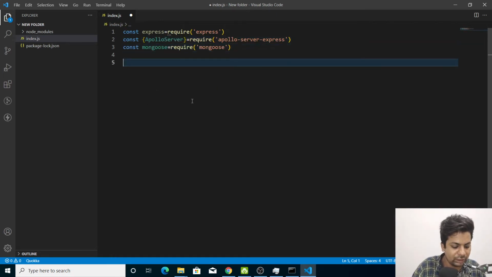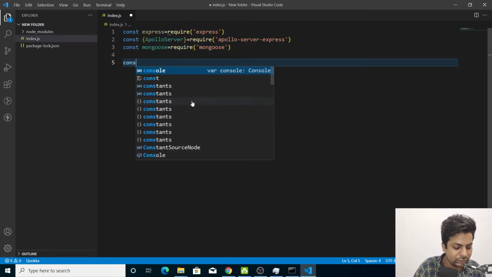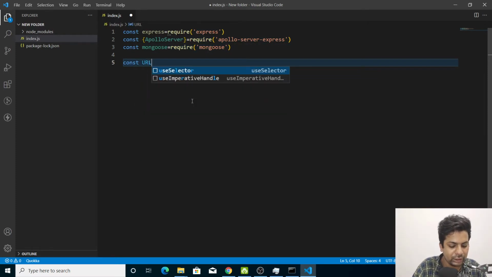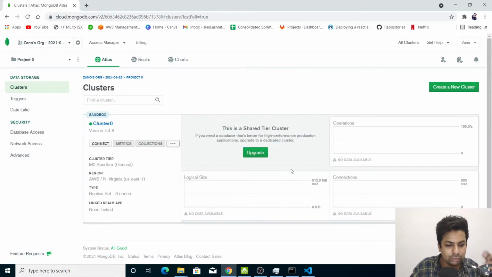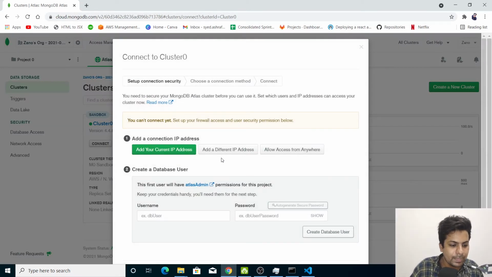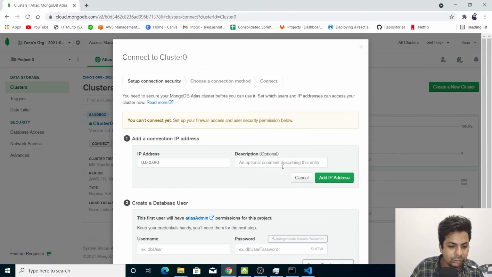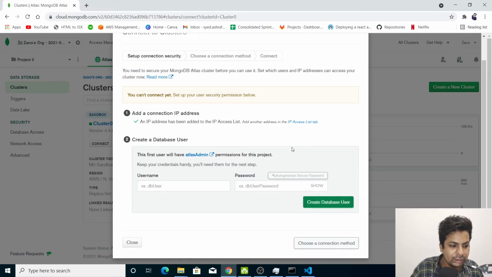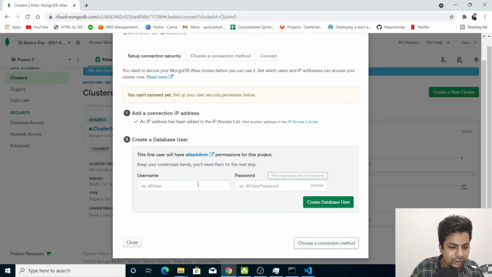Now here we'll say const URL. So here we write our MongoDB URL to connect the database. Let me just move forward here. I have built a cluster, so I'll say connect and allow access from anywhere, add IP address, create database user.